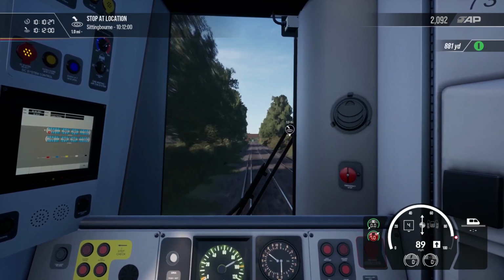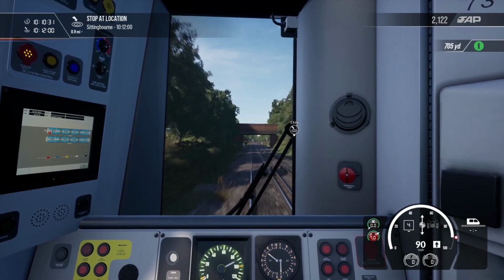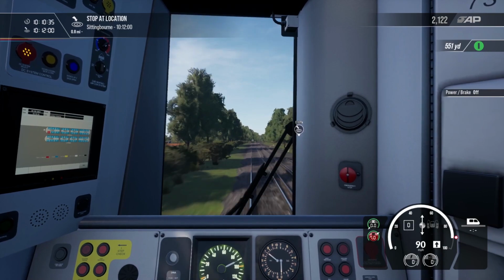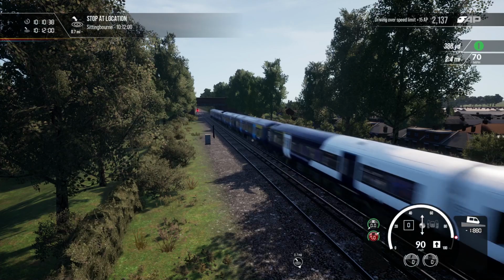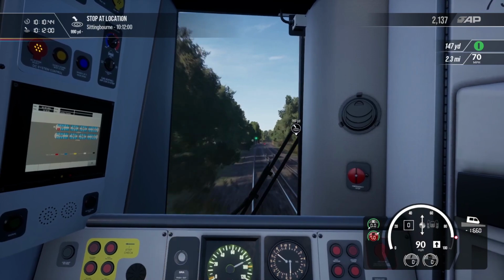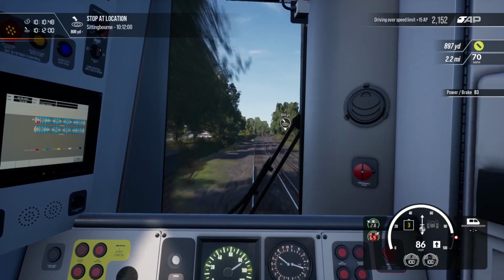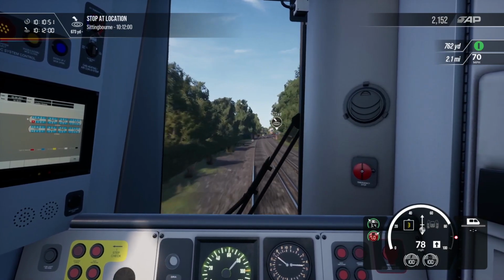Yeah, the train accelerates very quickly up to, say, 50, and then pretty slowly after that. But it does get there. But we're almost at its top speed now. I'm going to be getting used to driving the Electrostars at 90 miles an hour. Oh, I need some liveries for Cane Creek. Not that people would make liveries for Cane Creek, because you just use the AC 4400s and SD40s from